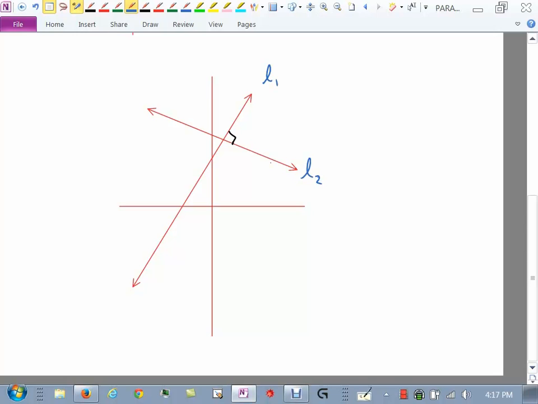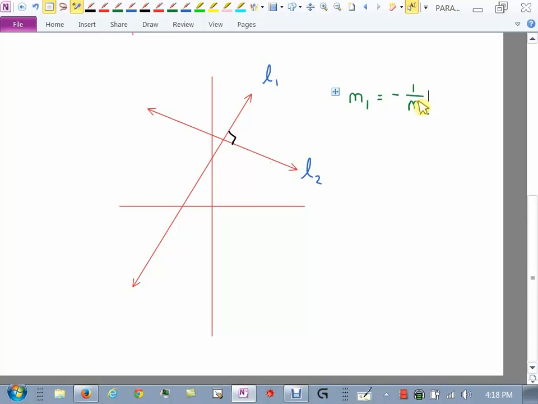What does it take for two lines to be perpendicular? What's the relationship between their slopes? Obviously they're not the same, right? Because same would be parallel. I need M1 to be equal to -1 over M2. This is a weird way of looking at this, but it is correct. The way you'd say this is the slope of the first line must be the negative reciprocal of the slope of the other line.